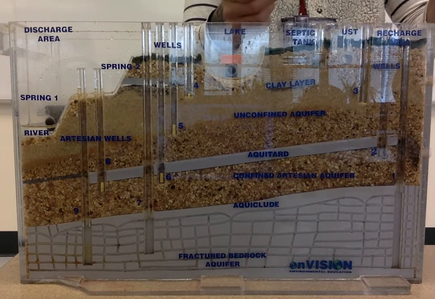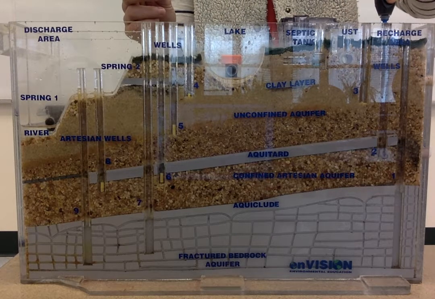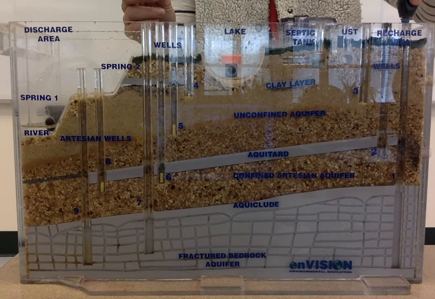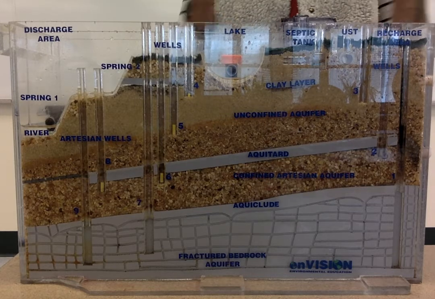And what we're modeling happening is, I've got to put it down in here so it goes a little deeper. We're modeling if there were to be, say, an oil spill on the road from a truck overturning, or